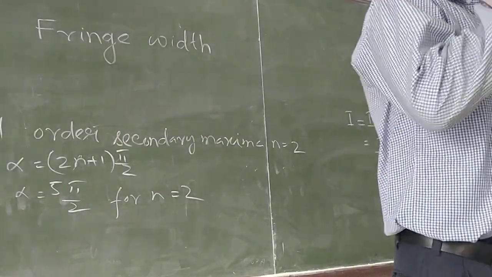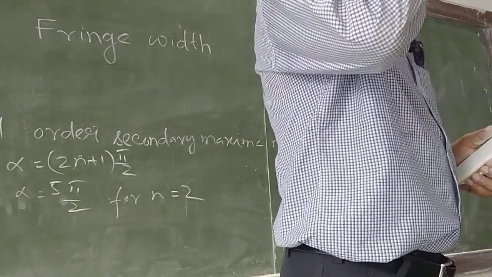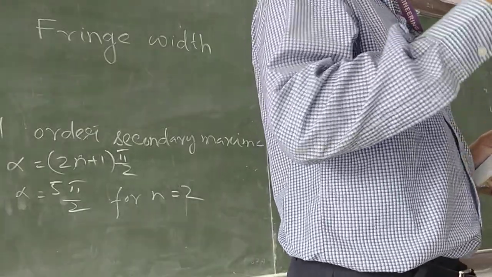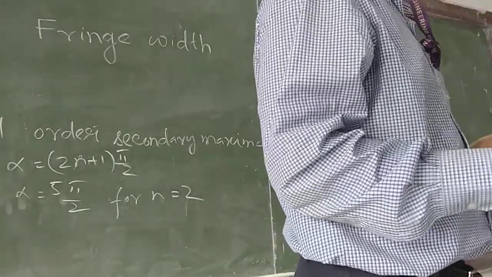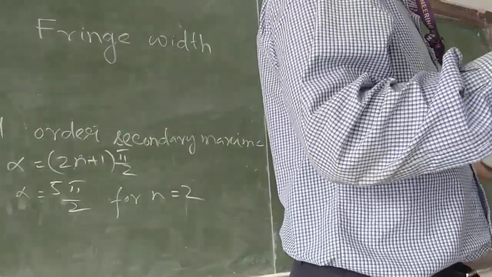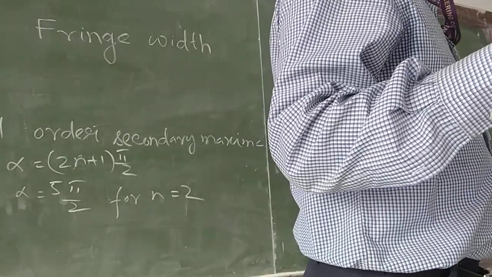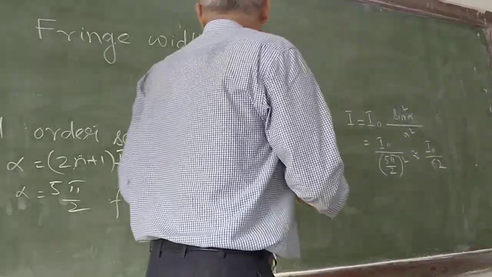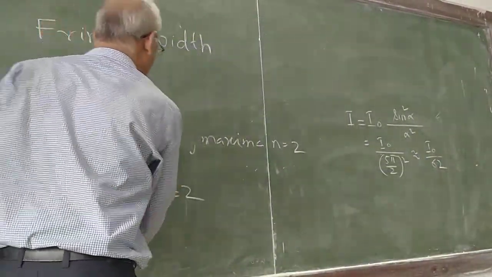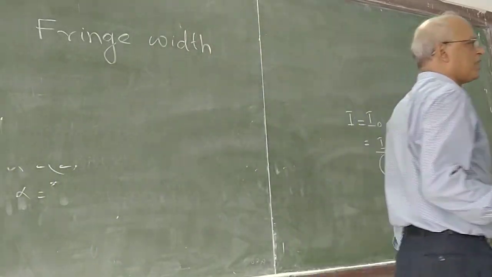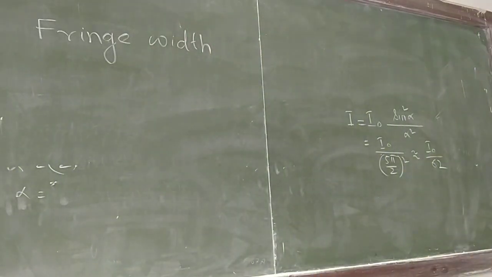Once again, the central maximum is twice that of the others, that you have to assume. It cannot be theoretically shown. You have to assume the property of 2 times more than the other value. Okay? That you have to assume. Theoretically, mathematically, you cannot show it. You have to assume the basic phenomena. The width of the central maxima is twice that of secondary maxima or minima.